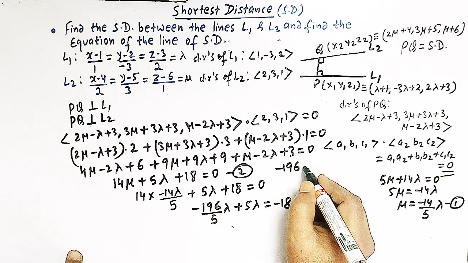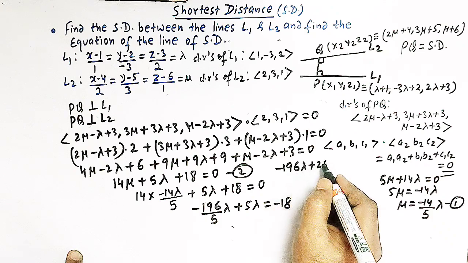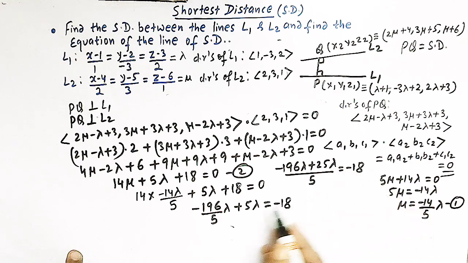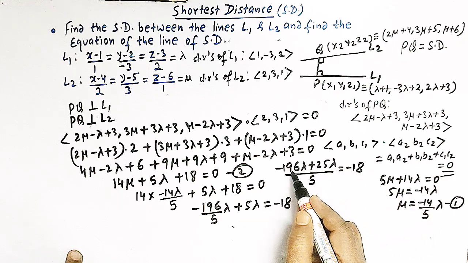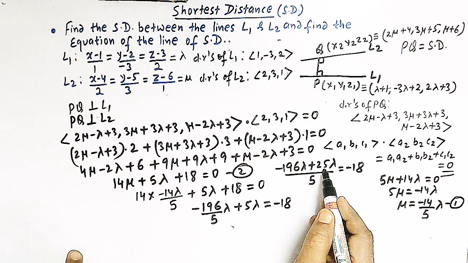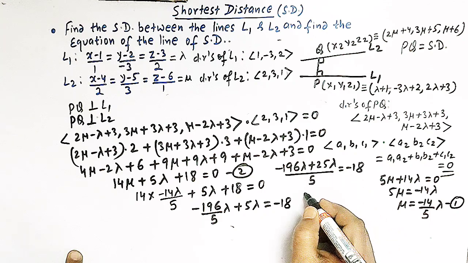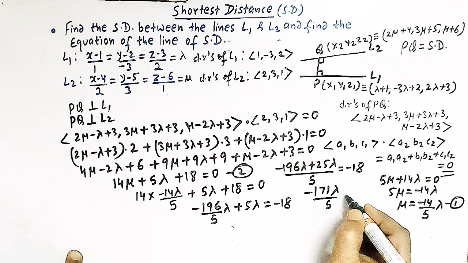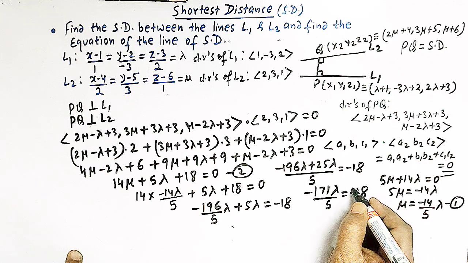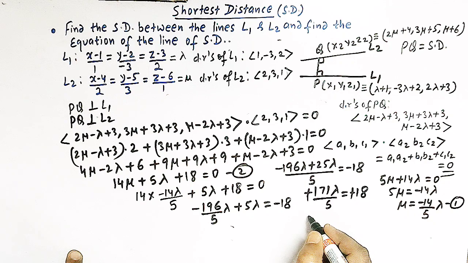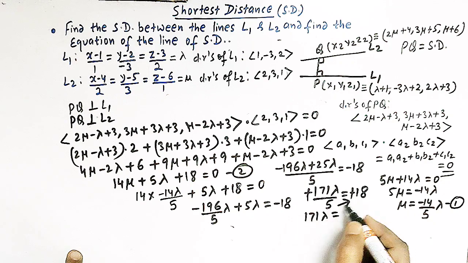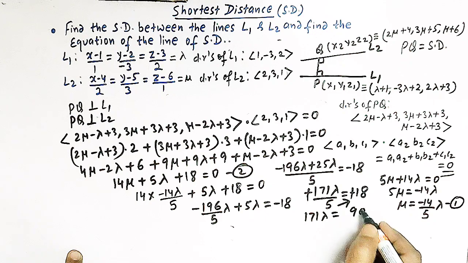So minus 196 lambda plus 25 lambda over 5 is equal to minus 18, and minus 196 plus 25 is minus 171 lambda over 5 and minus 18. So minus and minus get cancelled. So we have 171 lambda is equal to 5 times 18 is 90, and we have 90 over